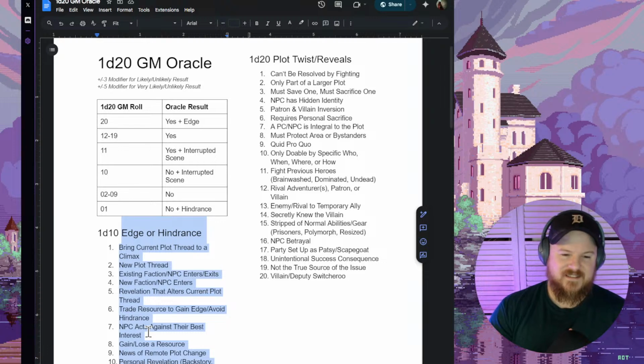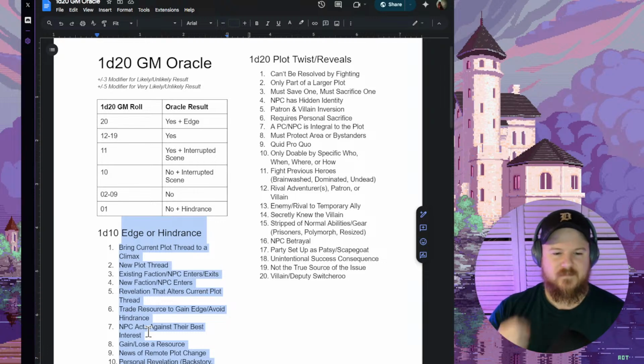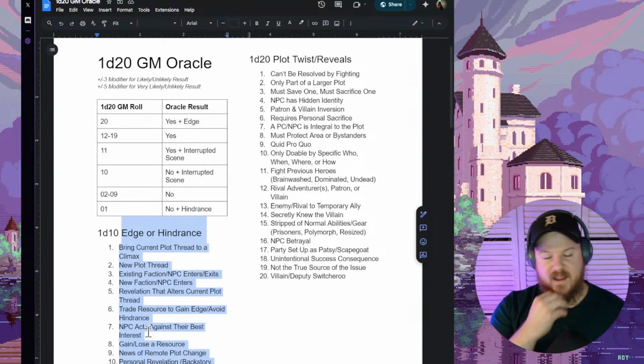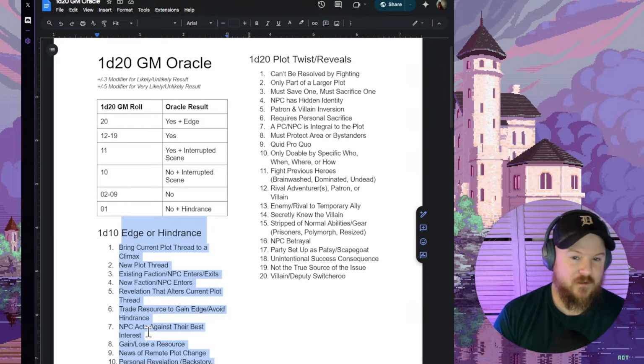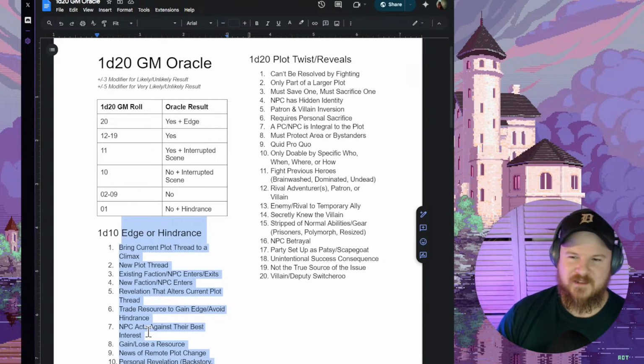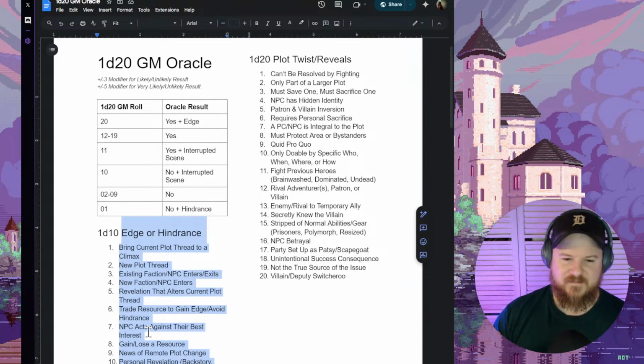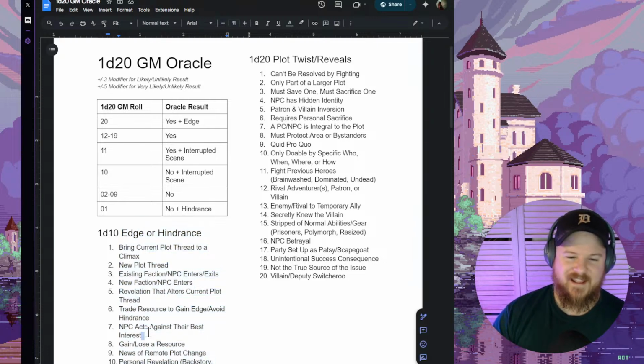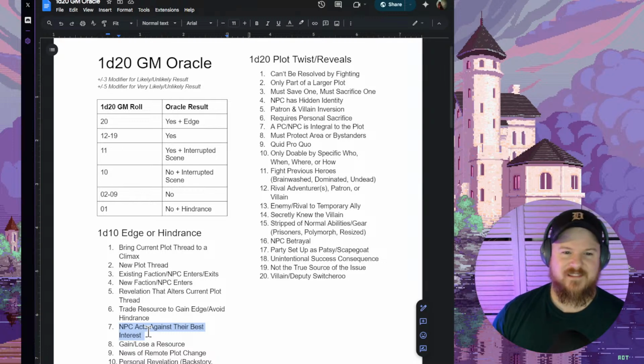NPC acts against their best interest. So that might be good for you. Here's an example from the recent solo game that I did, where we had found that Dwarven rye whiskey that was very good stuff. And Imbar went over there and they had a little tasting session of the dwarven whiskey we found in the dungeon. If I had an NPC act against their best interest, if I had